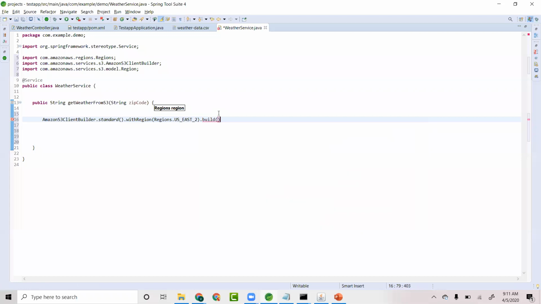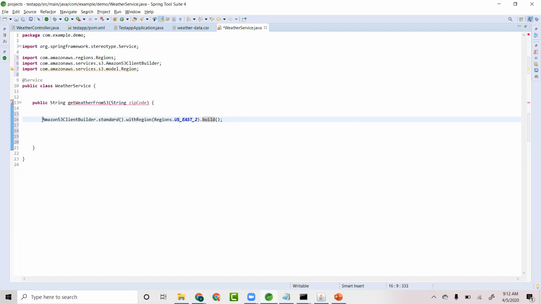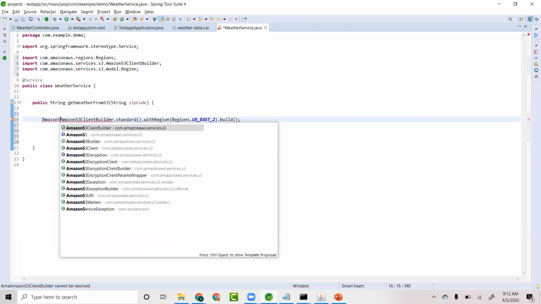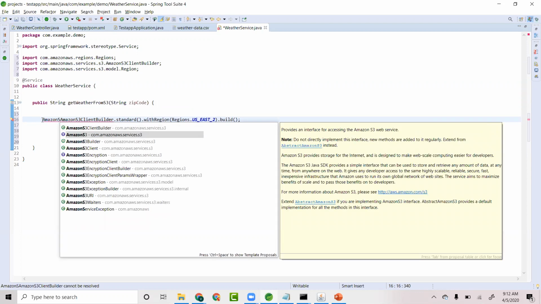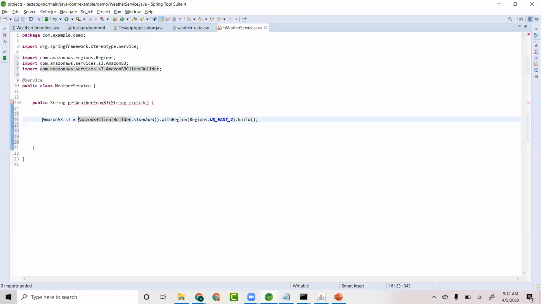Build, dot build. This is a builder pattern, by the way. AmazonS3ClientBuilder.standard, you can give this withRegion. This is an old style builder pattern. Once you build it, it gives you an interface called AmazonS3. That's it, you have a nice little interface called AmazonS3. Now you can do anything. So first thing is AmazonS3 dot,